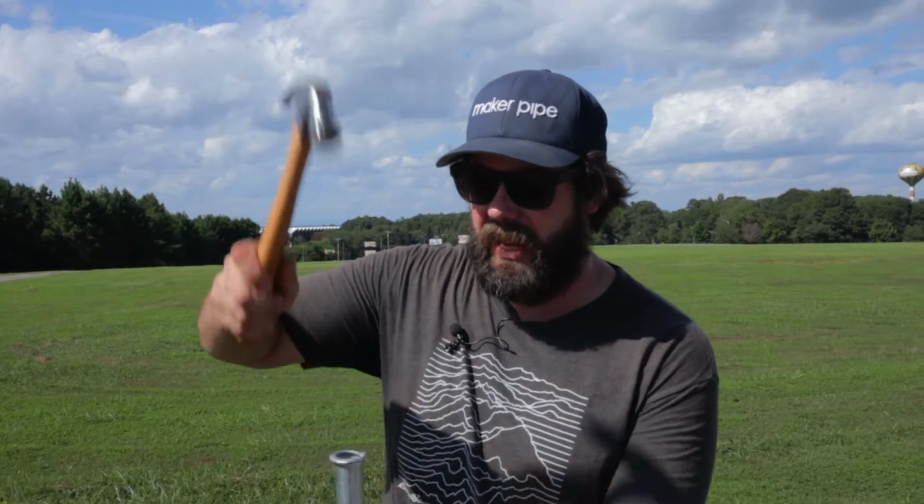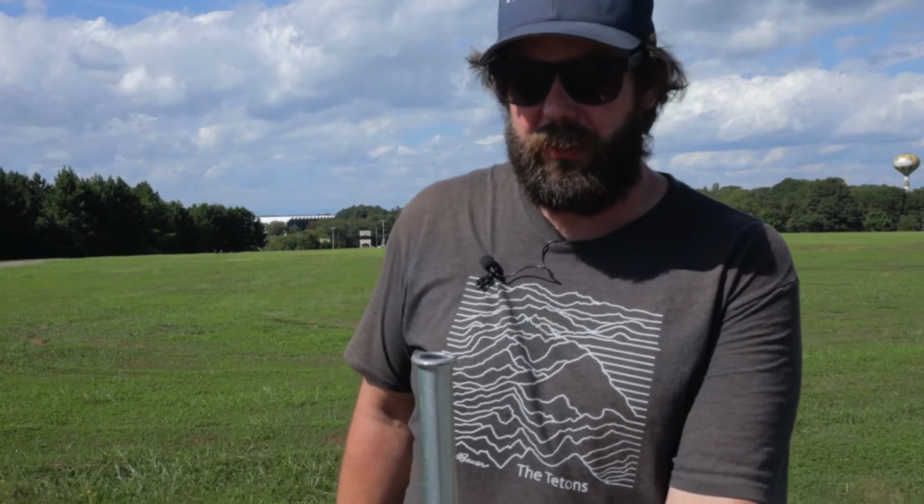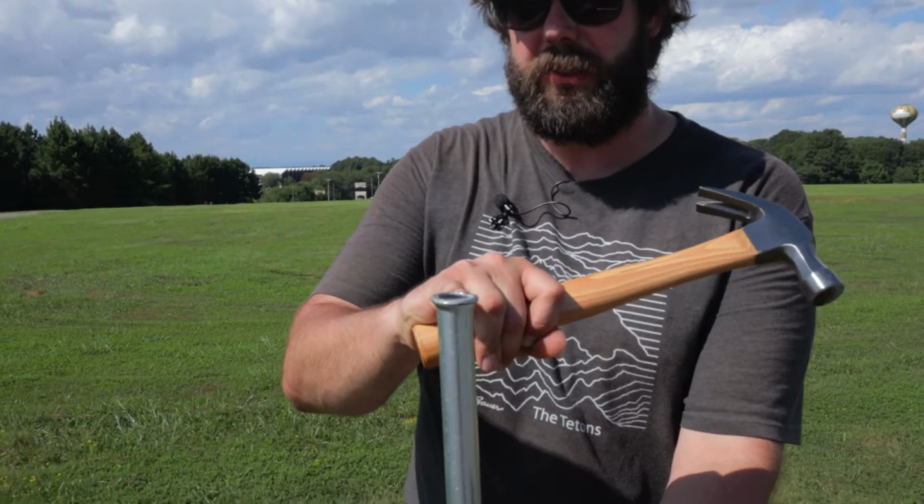It's summertime and a lot of you guys are building outdoors, and you need an easy way to drive conduit and make it sturdy into the ground. One option is to just hammer it into the ground, which ends up destroying the tip of the conduit and